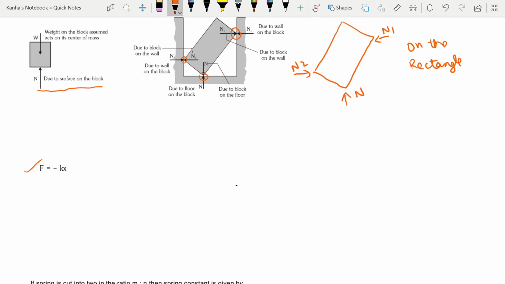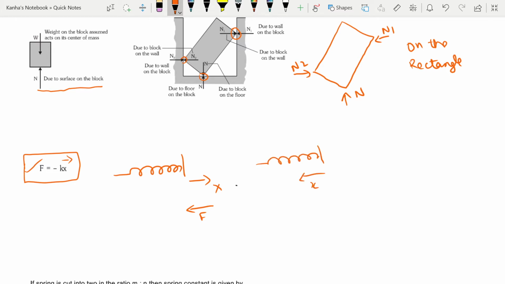Okay, let's talk about another kind of force, which is known as the spring force. Spring force is given as minus kx. You should make a note of this force. It will come in various chapters. And what does this mean? It means that if this is my spring and this is the natural length of the spring, if I extend it by some length x, then the force will try to pull it back. And if I compress the same spring by a length x, my force will try to push it outwards.